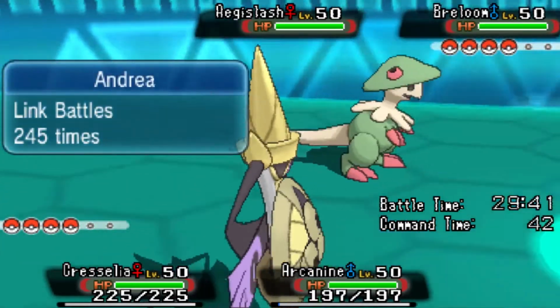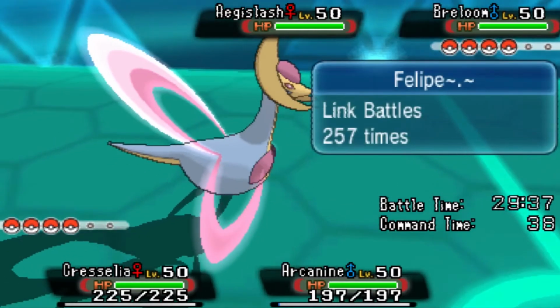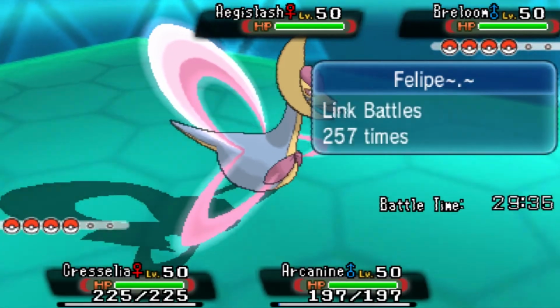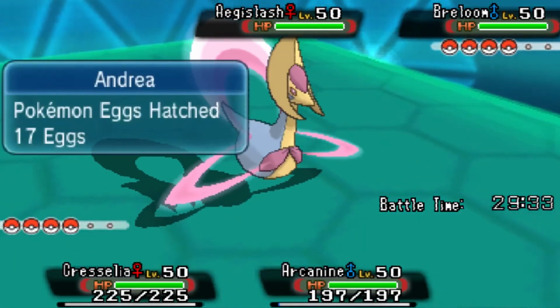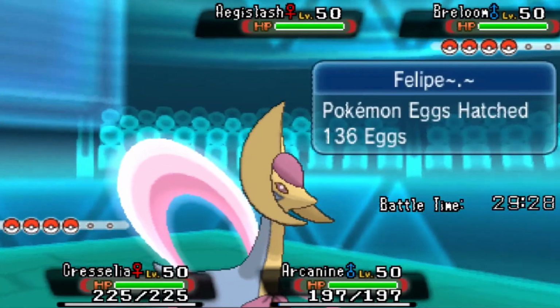I could also go for a Willow here. I do have Snarl for the Aegislash, so I'm really not worried whatsoever. I think I'm going to go for a Willow onto the Breloom, because he might switch out the Breloom, to tell you the truth, to another Pokemon. So, hopefully he doesn't...